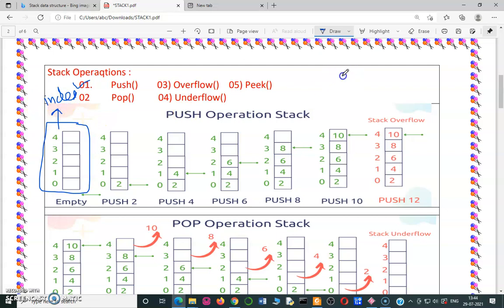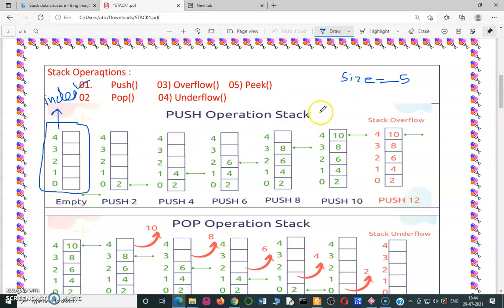Suppose size is equal to 5. Then index number from 0 to 4.